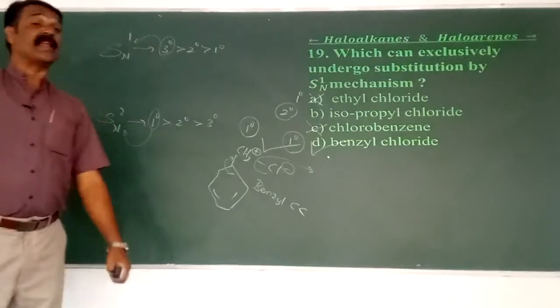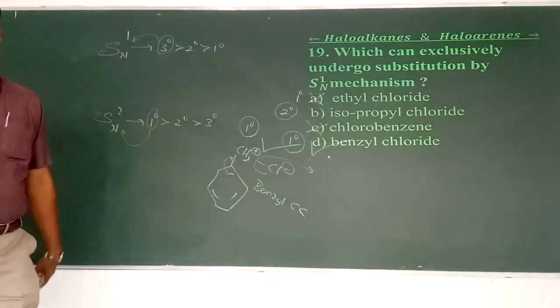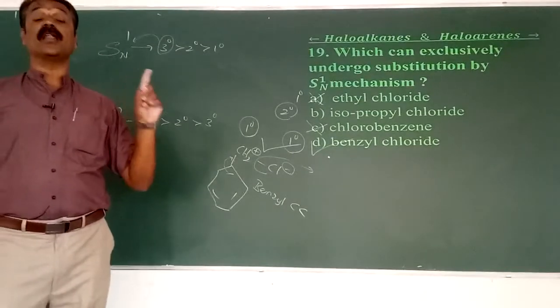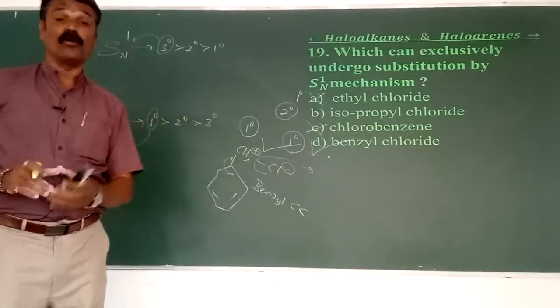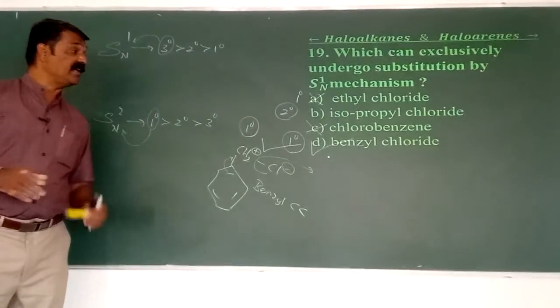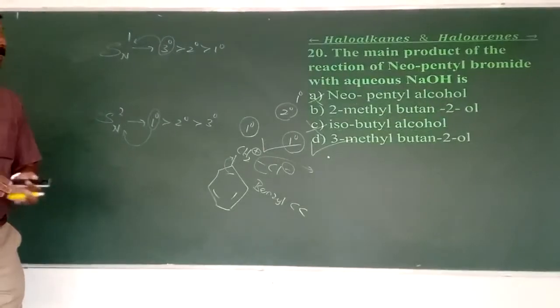That is why the one which can exclusively undergo substitution by the SN1 mechanism is benzyl chloride. One exception is there: even though it is primary, these alkyl halides are found to be more towards SN1. Okay, so that is 19D, I think. Next is